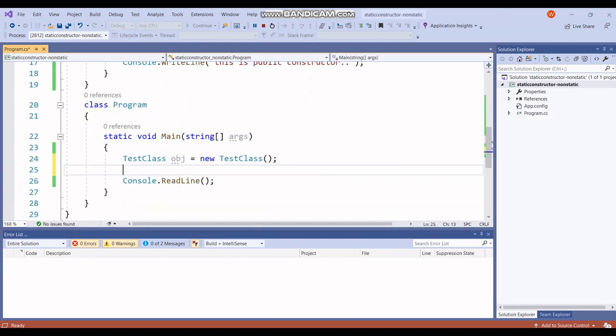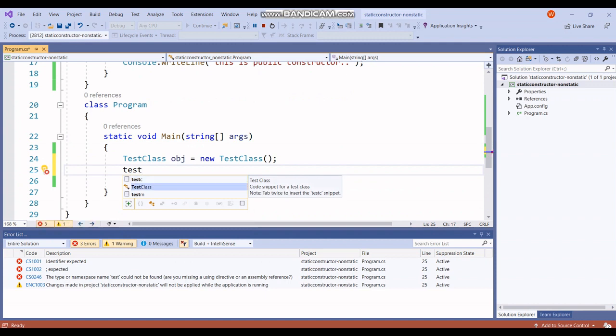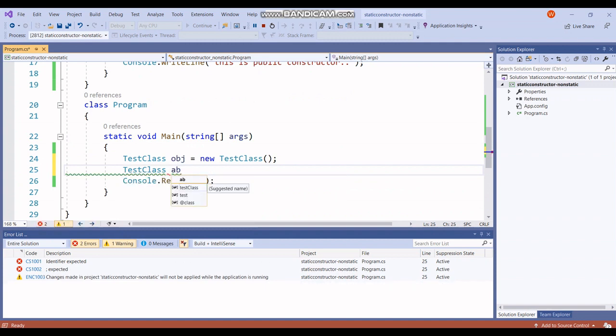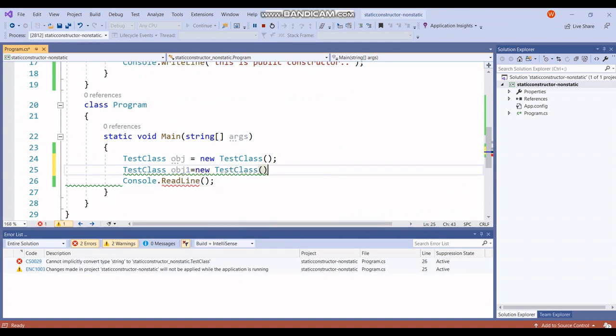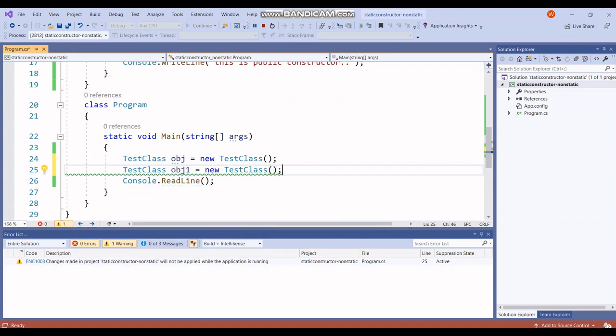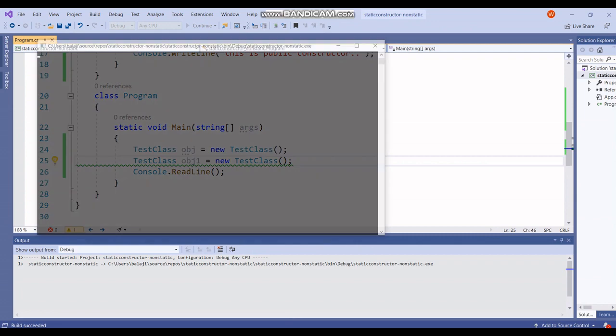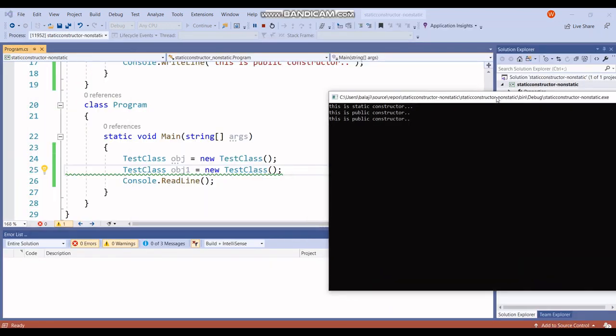So let me show you one more thing. If I create another instance, obj1, and now let me rerun this program. So let's see.